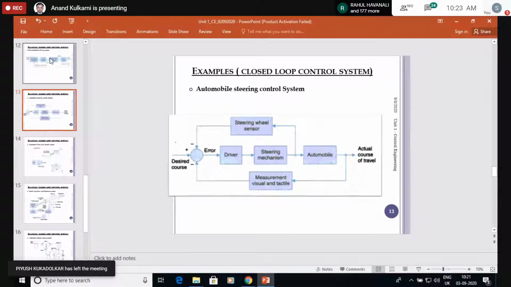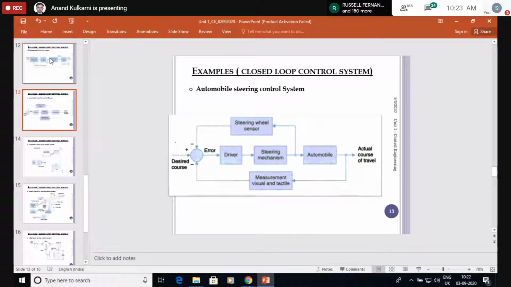So that means the signal generated does not correspond to 170 degrees centigrade like earlier, but is proportional to 100 degrees centigrade, that is 200 minus the achieved temperature of 100. This way, the error signal goes on decreasing. When the error signal decreases, the controller generates a signal proportional to the error, so that value goes on decreasing. So the required temperature is achieved very slowly.